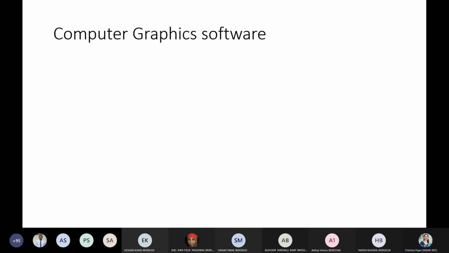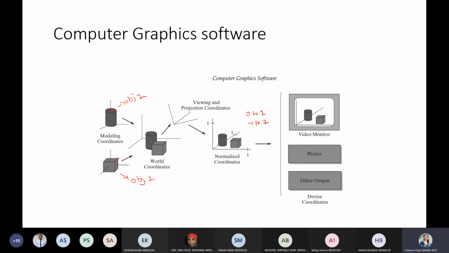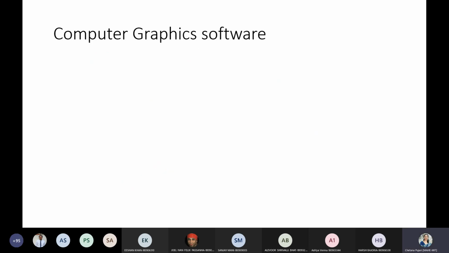Okay, so the next topic in the graphic software, whatever I explained here, the heading is coordinate representation. And next we have graphic functions.